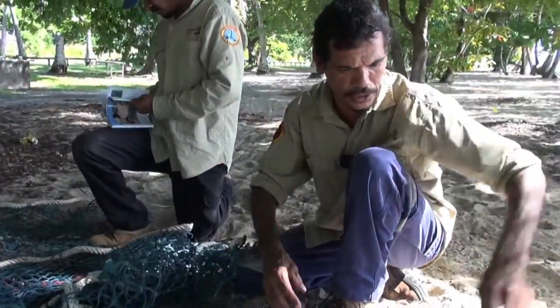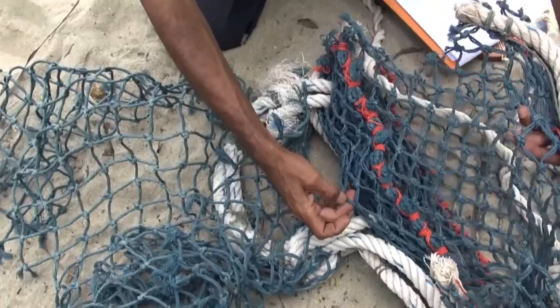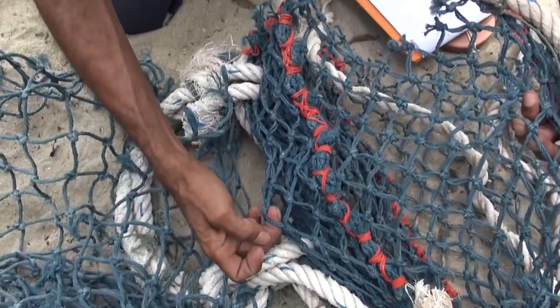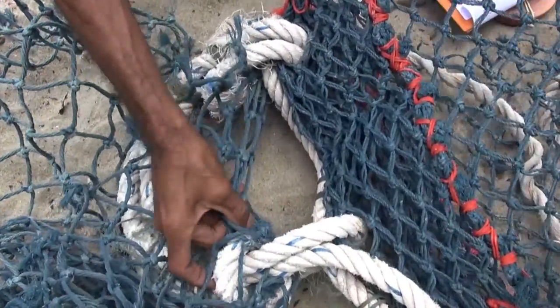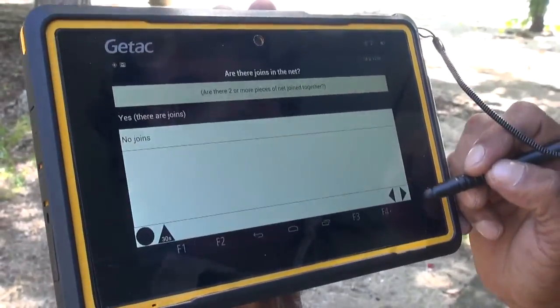So now we're looking at the joins, to see if there are joins in the net. Joins in the net refers to when 2 or more pieces of netting are stitched together. For this demonstration, we are saying yes, and we will take you through the steps for entering information about the